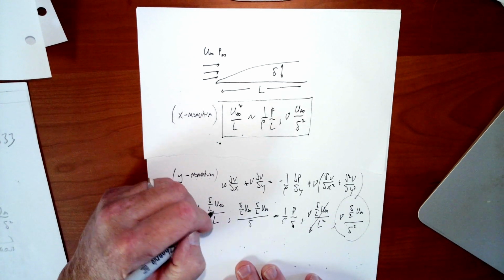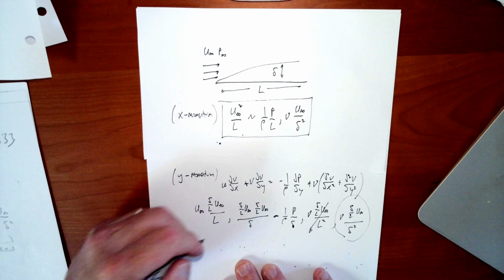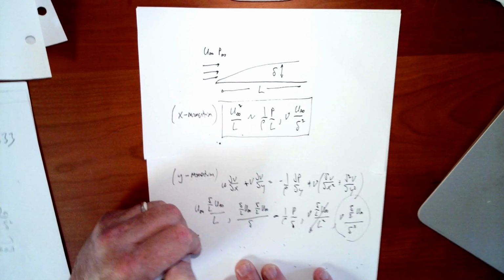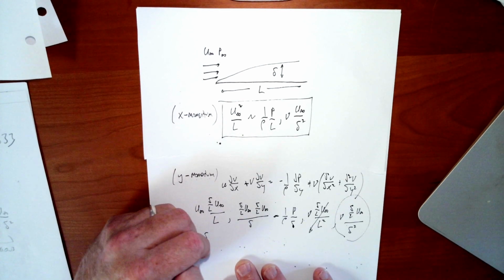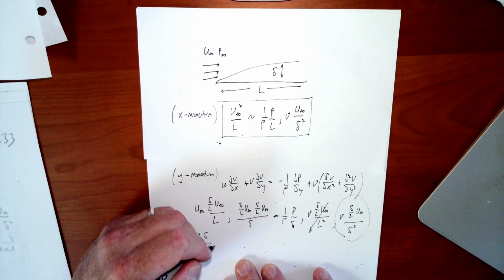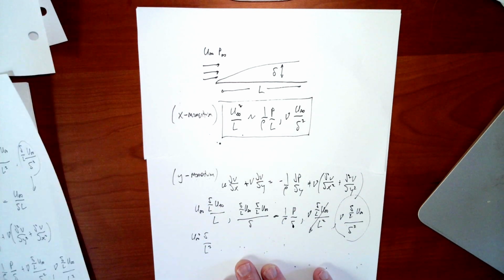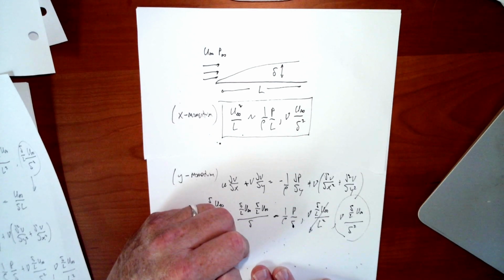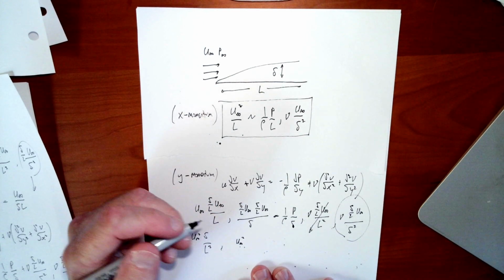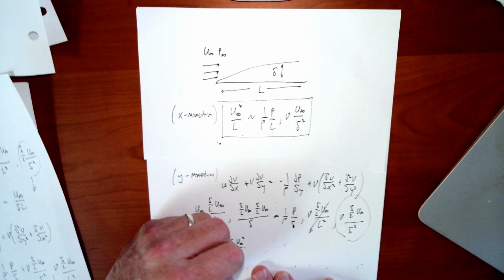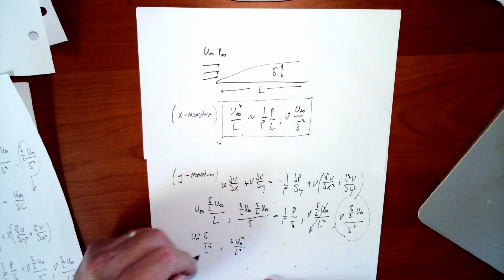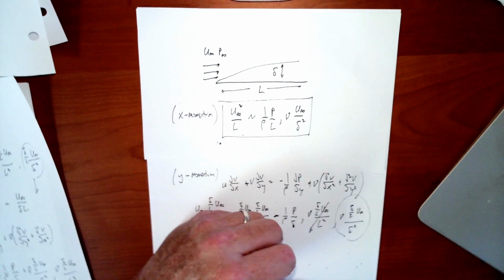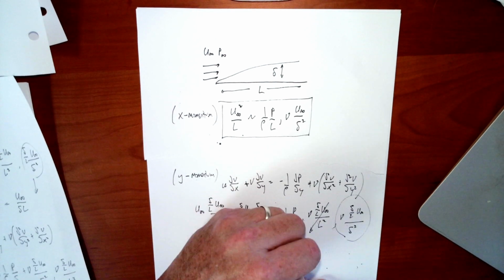And then these over here are going to have the same scale again, not the same as in the x momentum equation, but the same as each other. So we have U infinity squared, and then delta over L squared for that one. For this one, we have U infinity squared again, and delta over L squared again. So those are the same size as each other. Then we have P over delta, and we have nu,